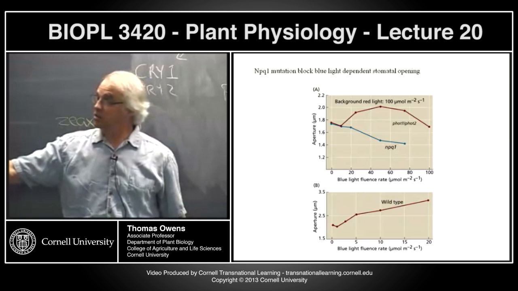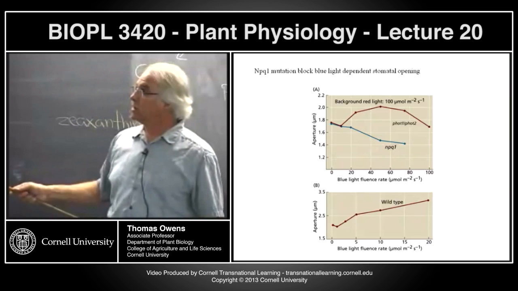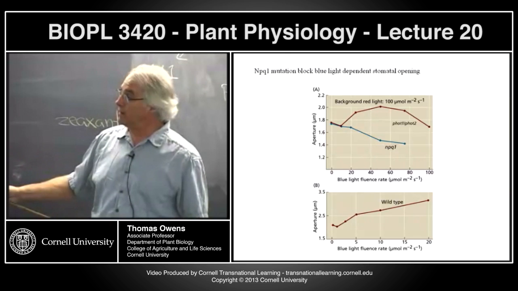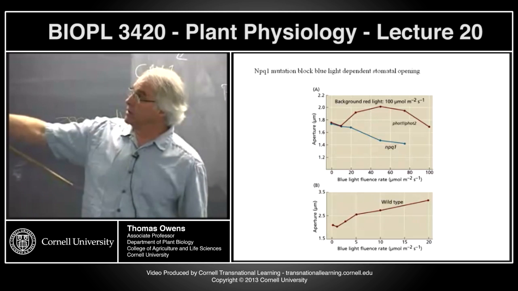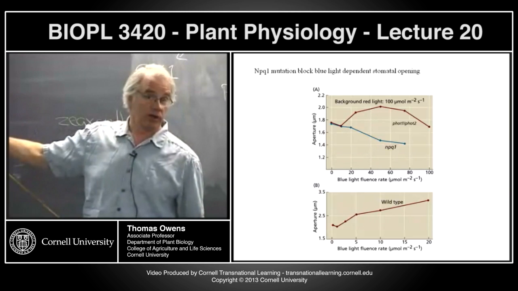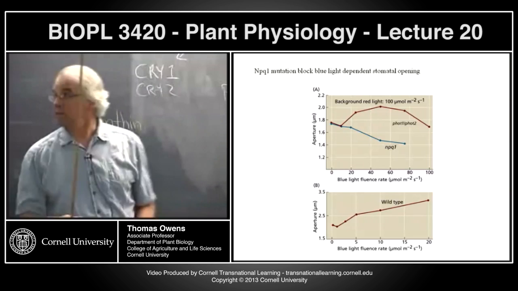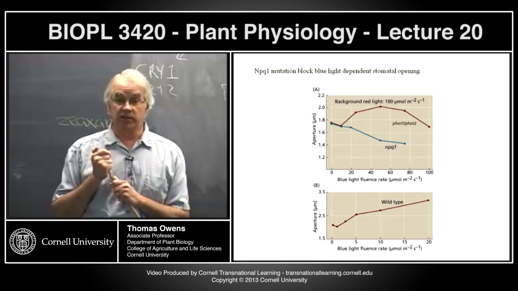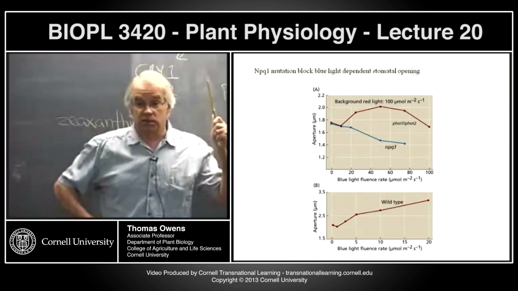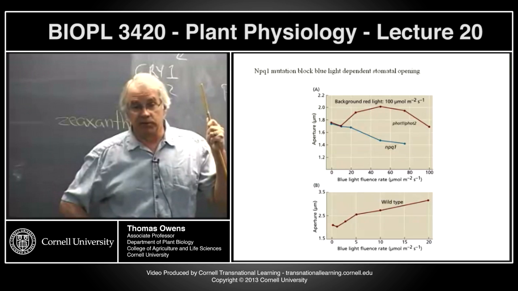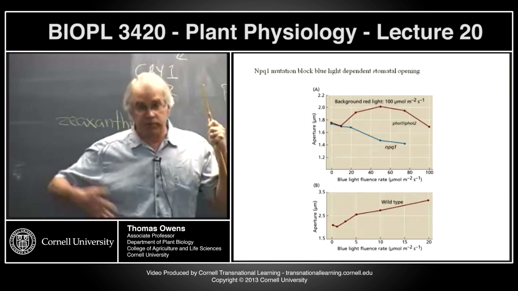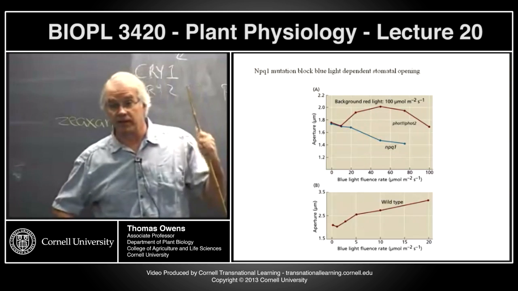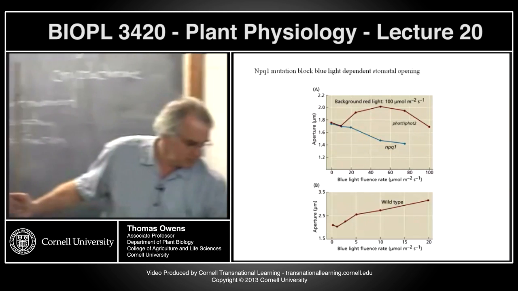make zeaxanthin. So if we compare stomatal aperture associated with variations in blue light in wild type, in the NPQ mutant, and in the PHOT1 and PHOT2 mutants that affect the phototropisms, it's pretty clear that the NPQ mutation is inhibiting stomatal opening. So that certainly supports his hypothesis that the inability to produce zeaxanthin plays a role in the ability of the stomates to respond. No question about that. That's pretty clear. But